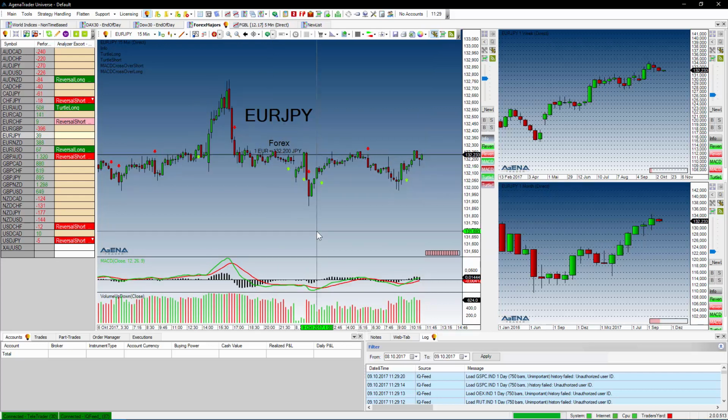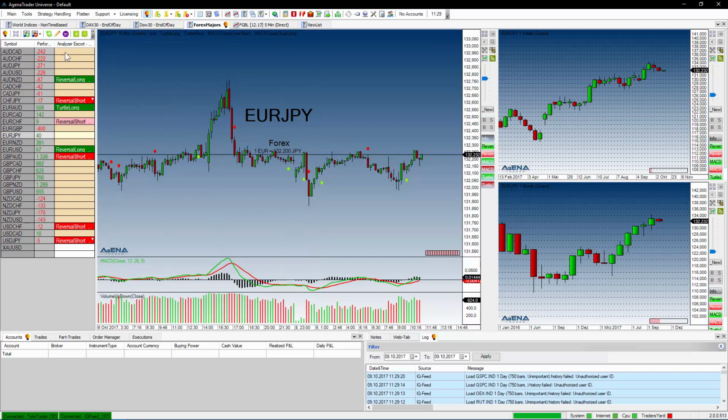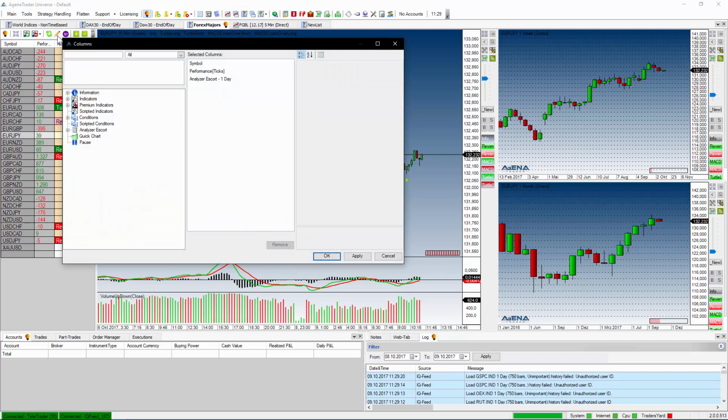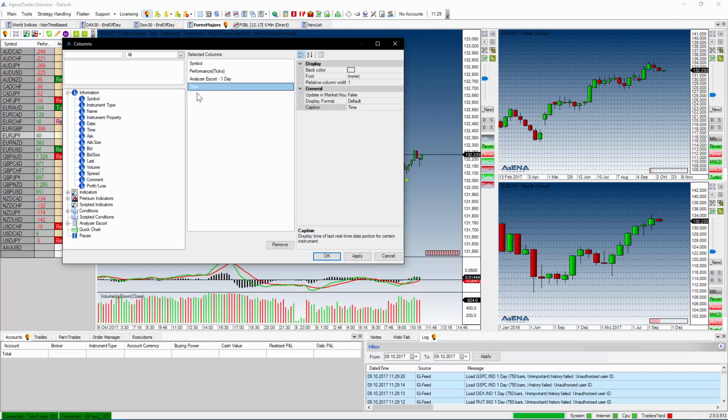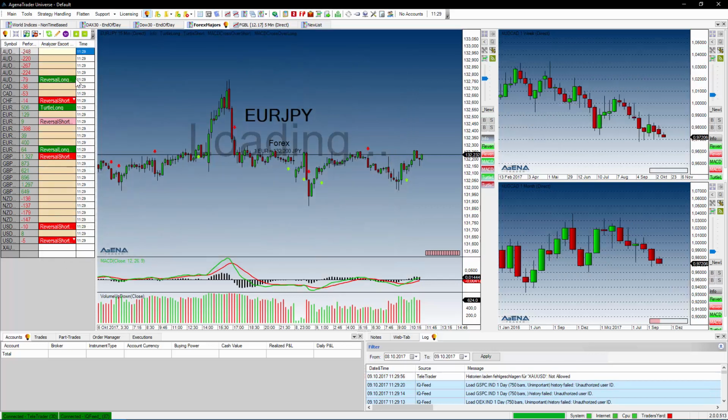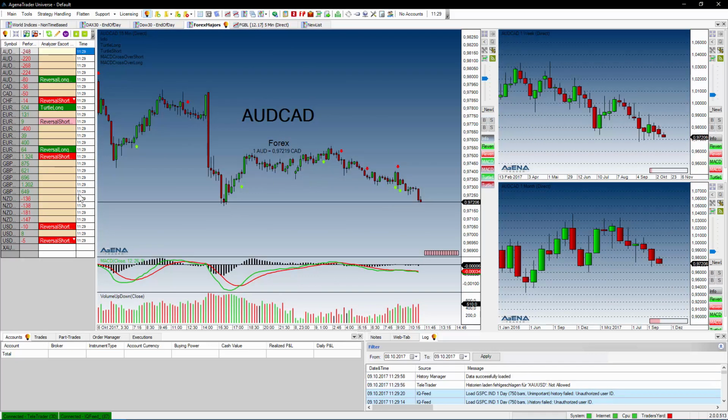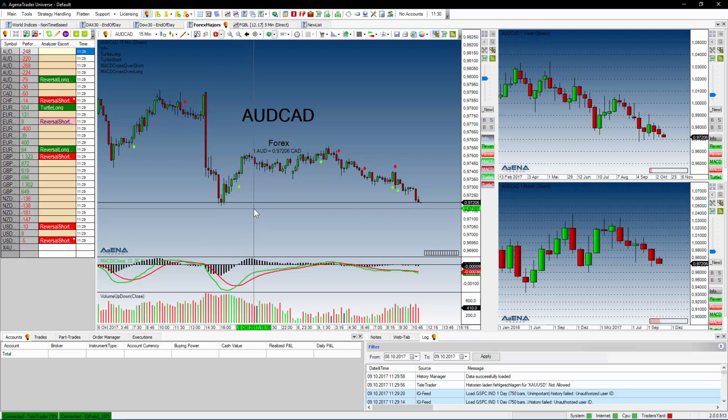And in the scanner on the left side of the list chart group, I can edit the columns. And if you open the information tab and add the time column by a double click, OK is applying it, you can see when the last update to this chart, to this candle happened. So you can really find out if this is real-time data, what kind of data you selected, what was the last update of the candle. And with this, you immediately find out if your data is accurate.